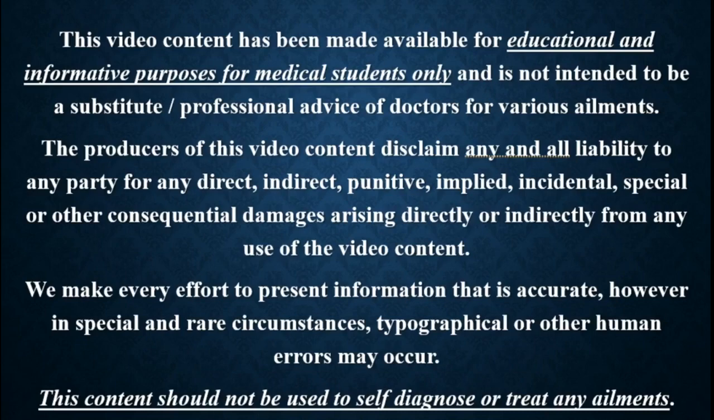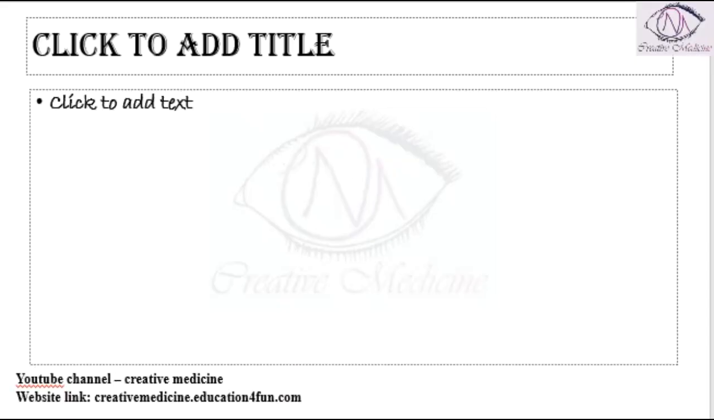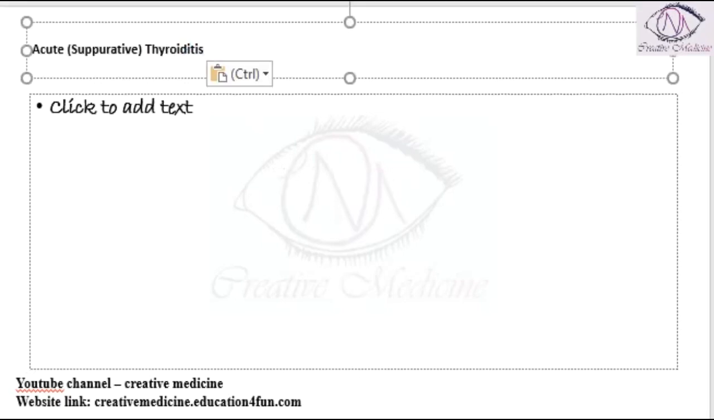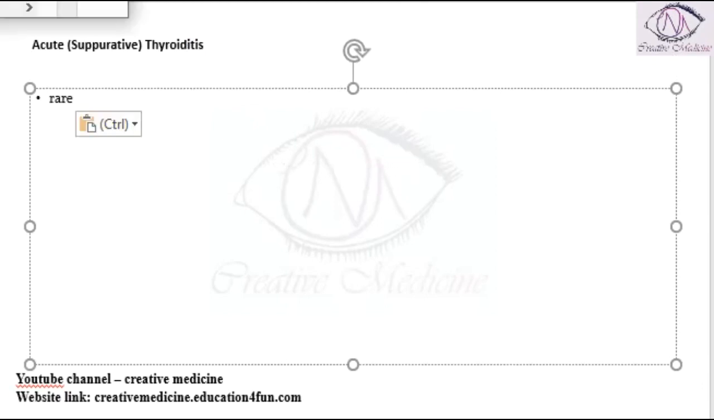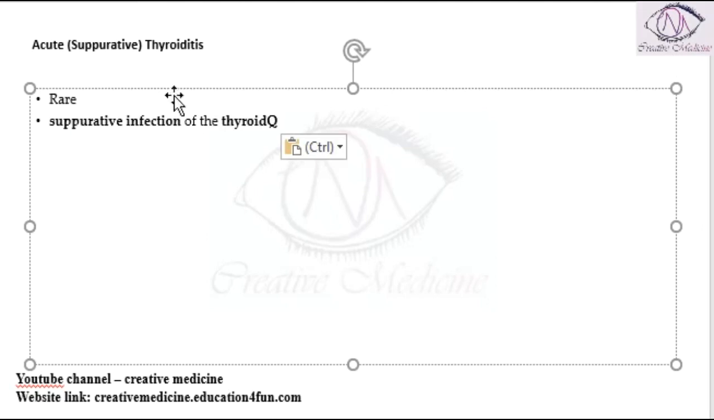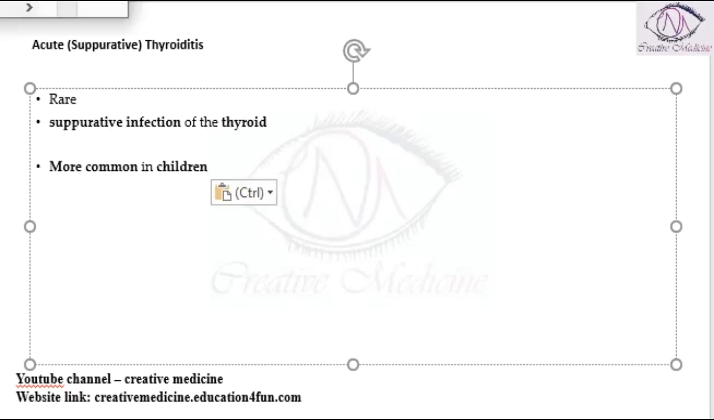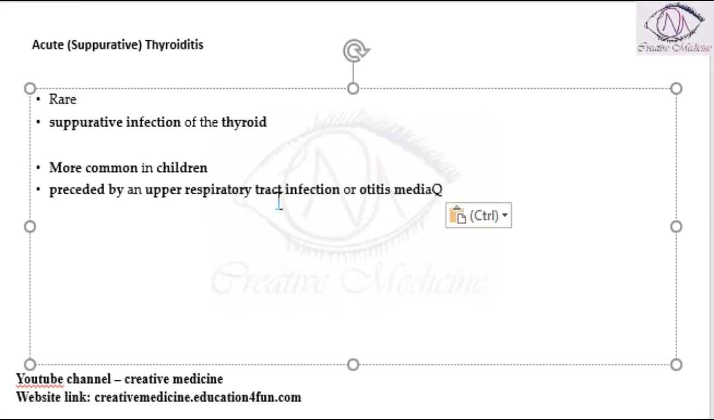In this lecture, we will learn about acute suppurative thyroiditis. This is an acute thyroiditis, so it is a rare condition. It occurs mainly because of the suppurative infection of the thyroid. Whenever there is some infection of the thyroid which leads to pus formation, it results in suppurative thyroiditis. It is more commonly seen in children and it is preceded by an upper respiratory tract infection or otitis